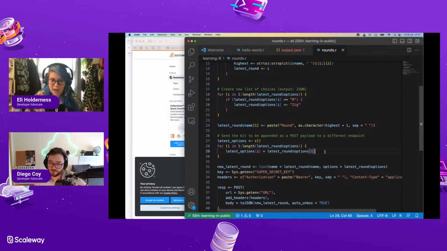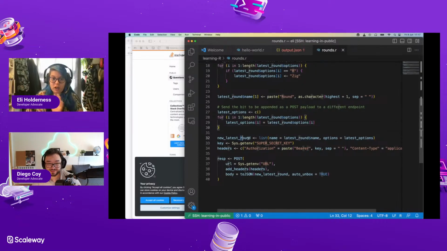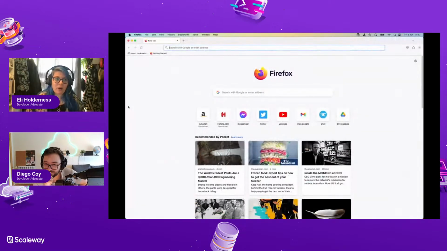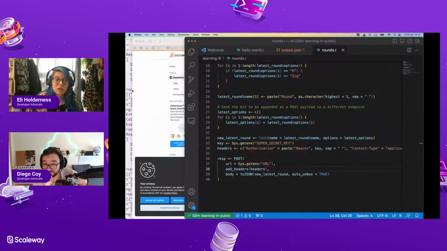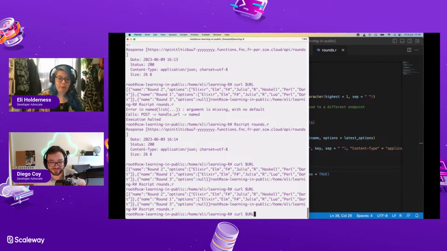Right. Now I'm just completely recreating this. And instead of latest round options, I do this. We've completely recreated this entire list from basic data types. And it should just work. If there was anything funky going on in those strings or in that inner list that we originally have, we should have now completely recreated it. So one more time. Exited without error.